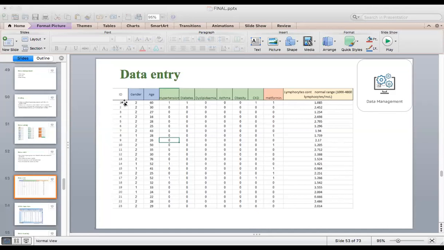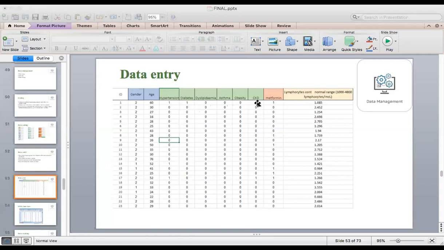So this is an ID, the first patient, and this is the second patient, and so on. Then gender, 1 represents male, 2 represents female. So we enter only codes here, only numbers. Age, we enter the age. Then hypertension, 1 represents yes and 0 represents no hypertension. The same with diabetes, dyslipidemia, asthma, and obesity,